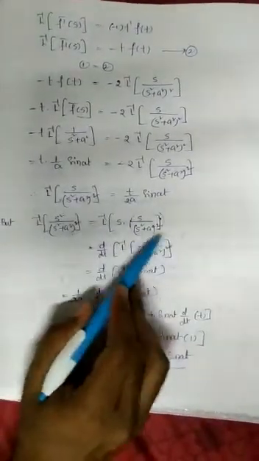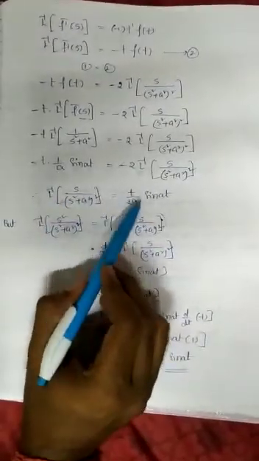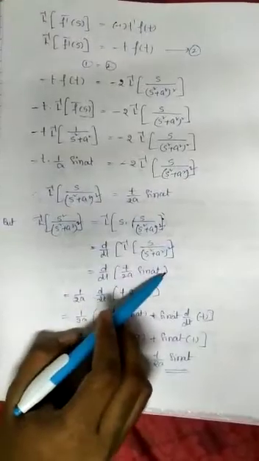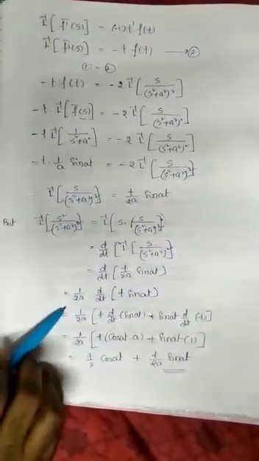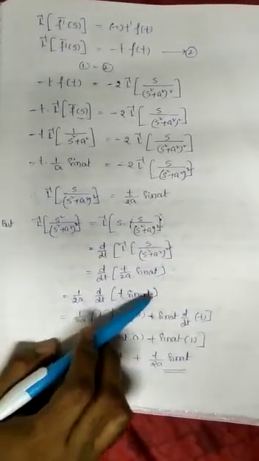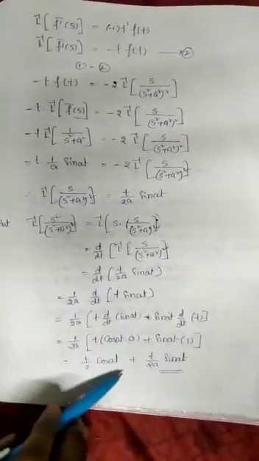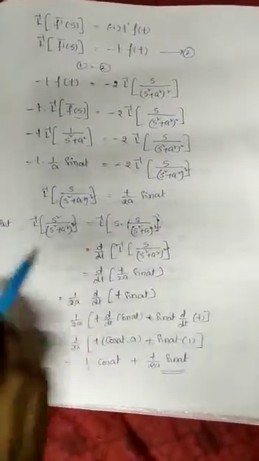Already we know that Laplace inverse of s by (s square plus a square) whole square is t by 2a sin at. So substitute this value here, t by 2a sin at. For the differentiation of this function, 2a is a constant, so write 1 by 2a outside: 1 by 2a, d by dt of t into sin at. Then use the uv method and simplify it. That is the Laplace inverse of the given function.